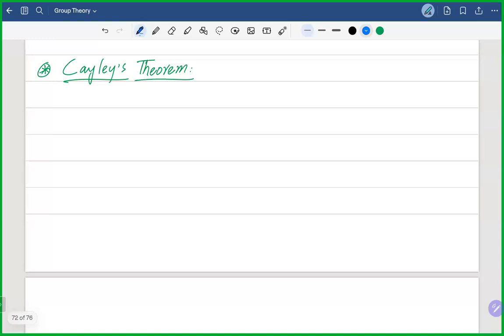But at this time, we have Theorem 6.1. We call it Cayley's theorem, from 1854. The statement is